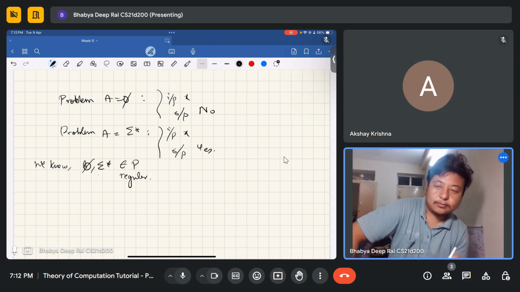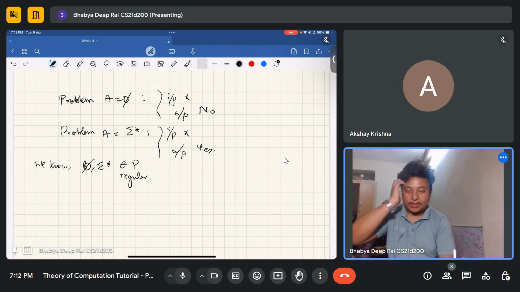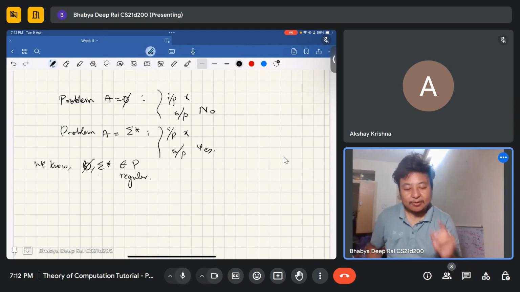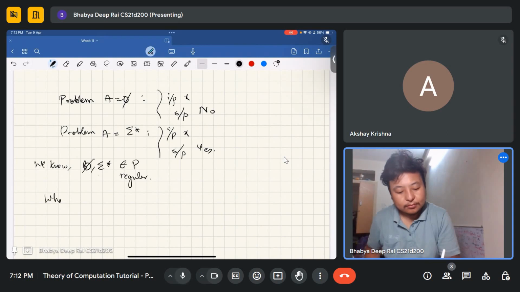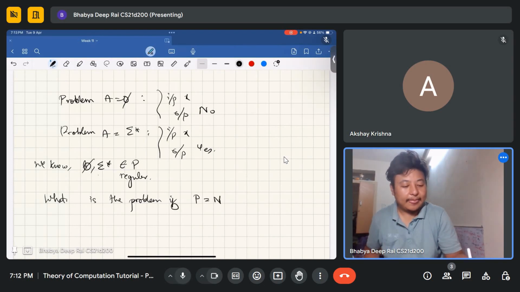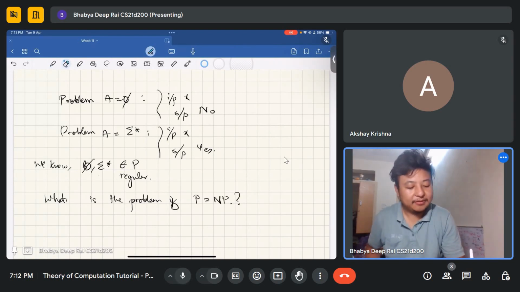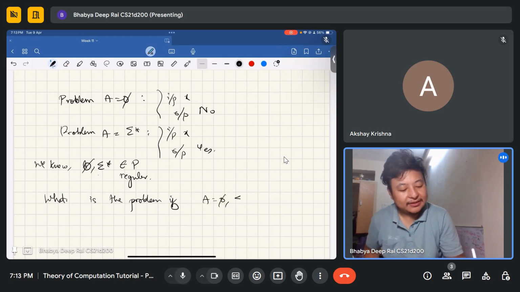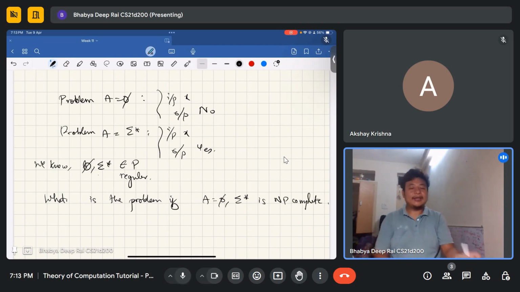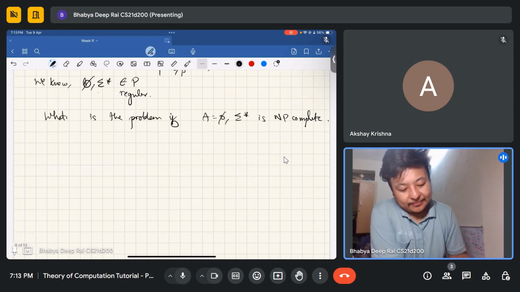Now, what is the problem? We are saying they cannot be NP complete, even if P equals NP. So what is the problem if, say, A equals phi or A equals sigma star is NP complete? We are saying it's not possible, right? Why is it not possible? Here is the answer. Because if